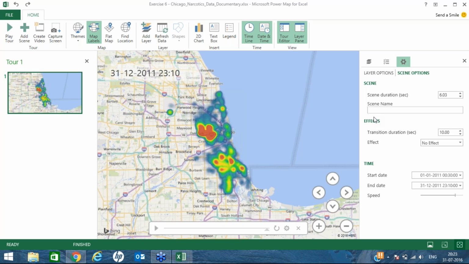Now, if you were to have one geo dimension, Tableau also renders the data, but Tableau does not have 3D capability, number one. Tableau does not have the capability to create tours, videos, or add your audio commentary. A lot of the times you create powerful presentations for your clients, and if you were to create those using Power Maps, it has such a strong impact on the client, or if you were to do it for your all hands meetings as well. So it is far more impactful if you look at sales data